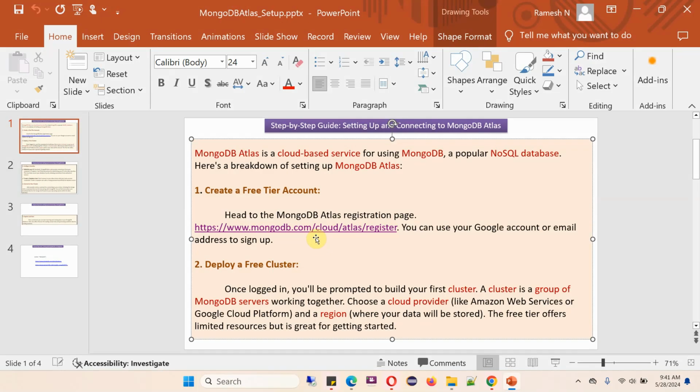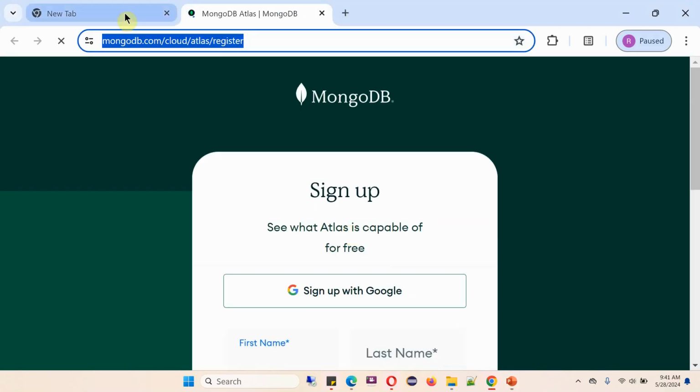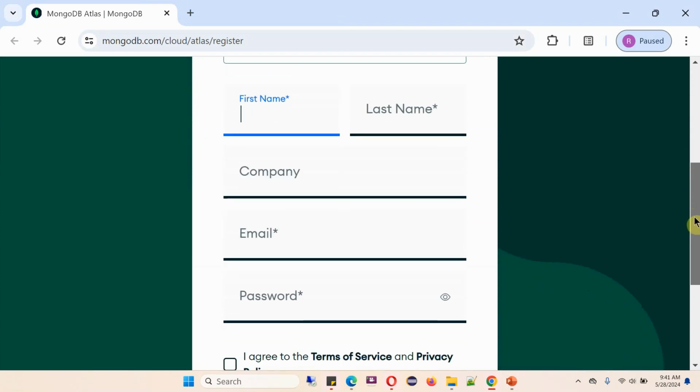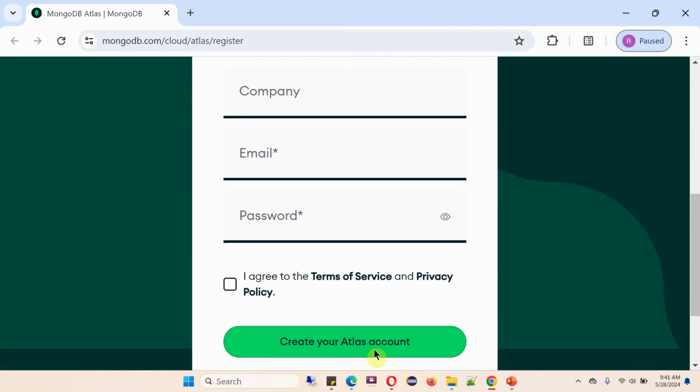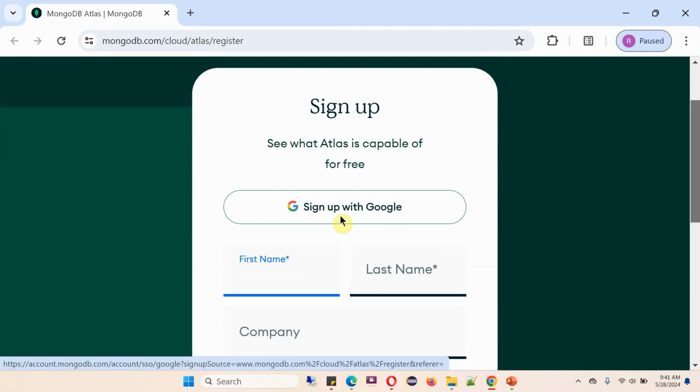To create a free tier account, open this registration link. Here you can see the sign up page. Here you can provide your details and click on create your Atlas account to create the Atlas account, or you can sign up using your Google account. I'm clicking on sign up with Google,